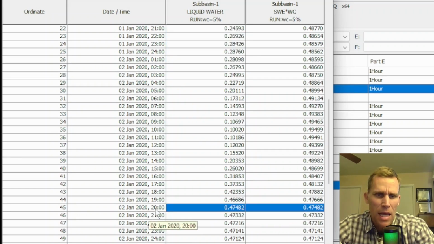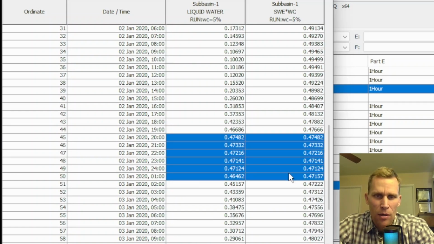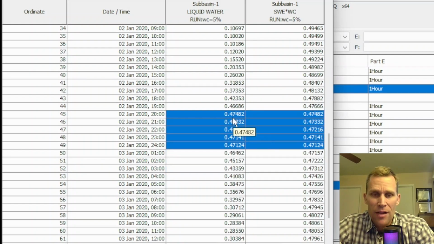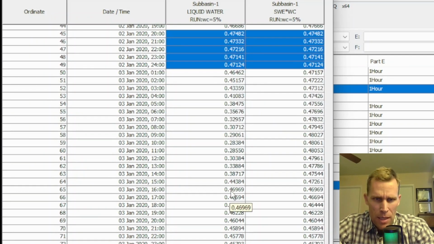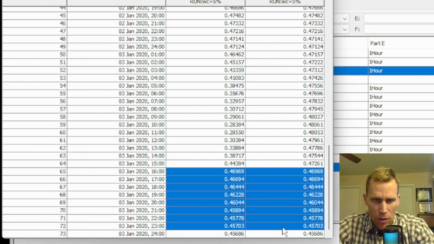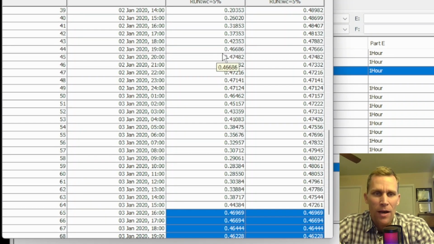Yes, this is where it starts at 8 p.m. on the second day, and it continues for as long as these two columns have the same value, which is right here. So it continues for 5 hours. For those 5 hours, that's when there will be release of water from the snowpack. On the third day, we're going to have a longer time period, I believe. Yeah, so that starts right here at 4 p.m. on the third day, and that continues all the way down through the end of the simulation and perhaps longer, but we stop the simulation after 3 days. So basically, we have about like 8 or 9 hours on day 3,